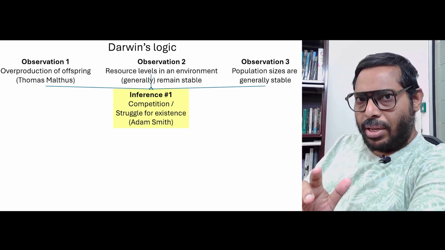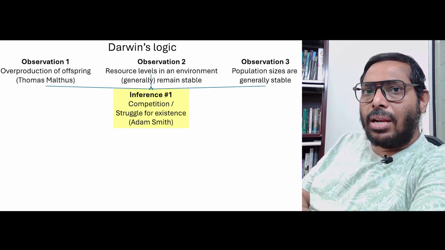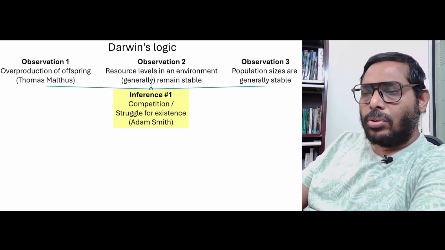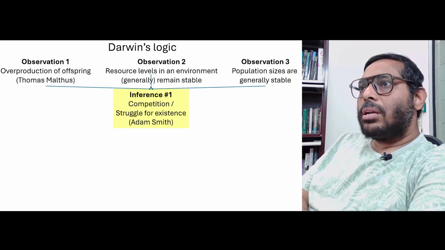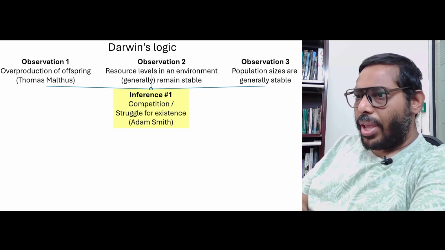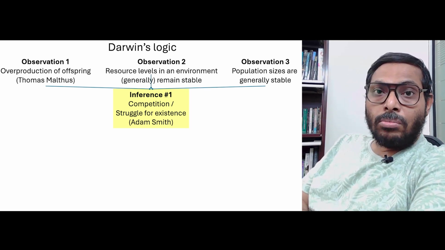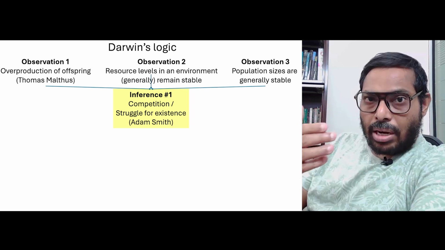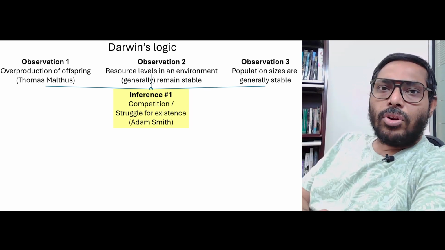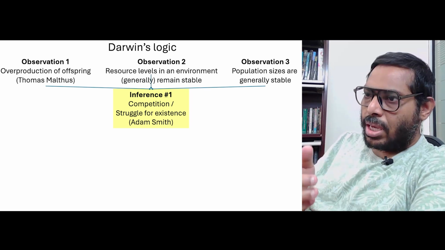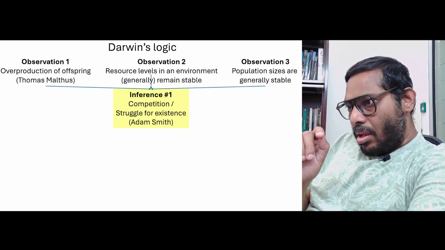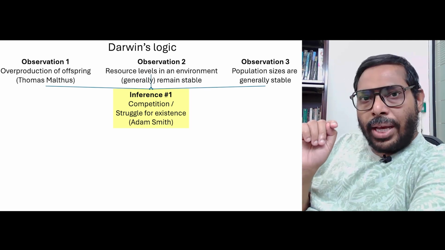Now, this concept that if resource levels are limiting, then there is going to be competition across the users of these resources, Darwin takes from the work of the famous British economist Adam Smith. Similarly, the observation that organisms tend to produce at a higher rate than what can be sustained comes from Thomas Malthus, again a very famous British economist. So competition is something that you expect to happen